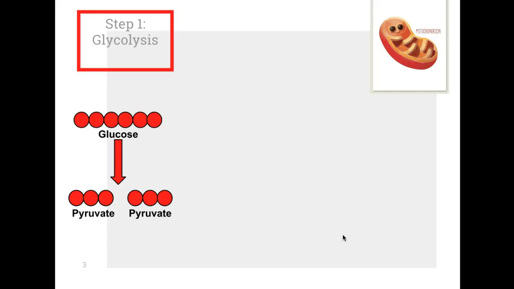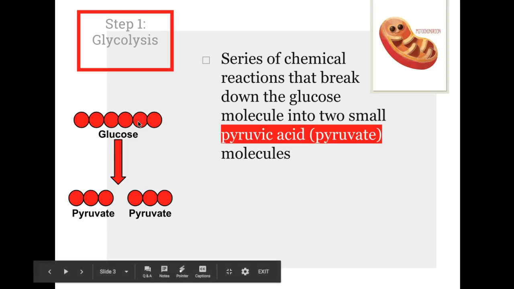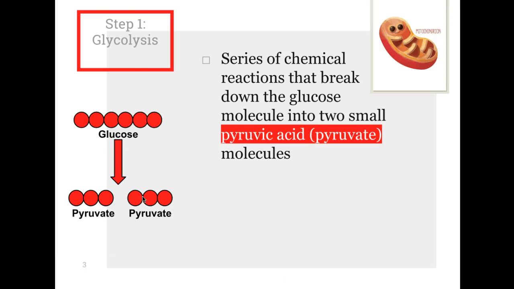So our very first step, glycolysis. Okay, glyco sounds like glucose. So we're talking about glucose, and lysis always means to break. So if I'm breaking down that word and looking at what it means, it's talking about the breaking of glucose. So basically it's a series of reactions where we're breaking the glucose, which has 6 carbons, 1, 2, 3, 4, 5, 6. We break it into 2, what I can call either pyruvic acid or pyruvate, that have 3